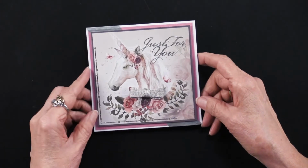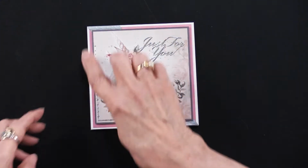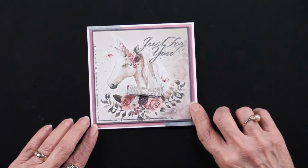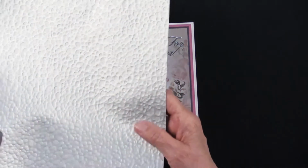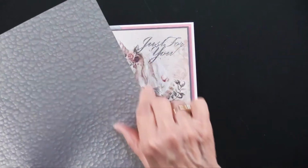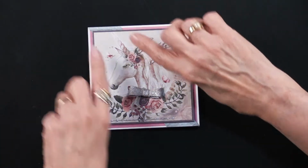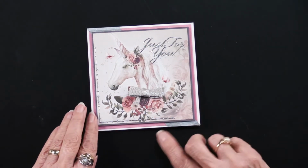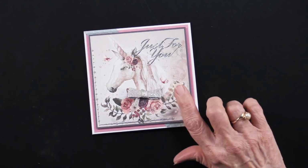Now Heidi's done a couple of things here that I think are really interesting. To begin with, she cut a piece of the pink adorable scorable to be on the front of her card. But because she wanted to give a little extra finish, she took our silver hammered and she cut a strip that was 1.5 inches wide and laid it from this corner to this corner. So she laid it at a strong diagonal and then just trimmed the ends to finish with the card. Glued that in place,